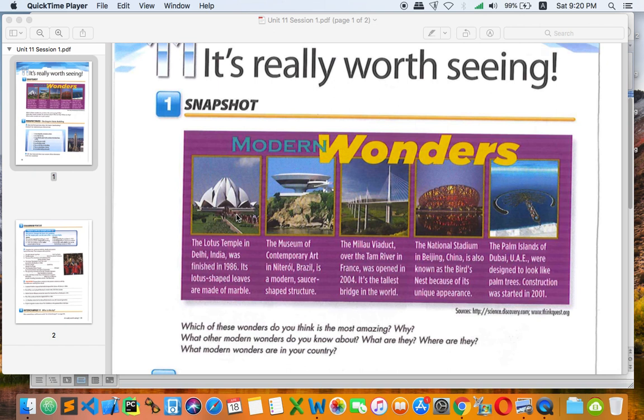Okay, and if we move on to the second one, it is the Museum of Contemporary Art in Niterói in Brazil. It is a modern saucer-shaped structure. It is in Brazil, everybody, in Niterói, and there's the sea around it, and it sits on a cliff right there. The shape is like a saucer-shaped structure. Saucer means